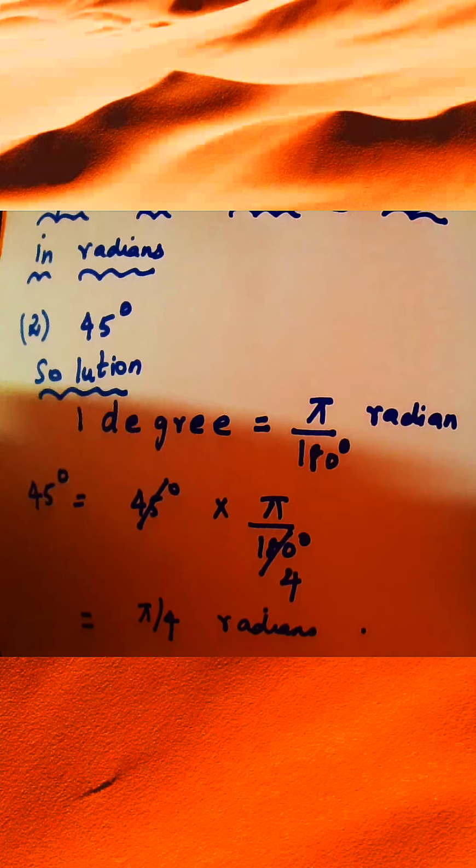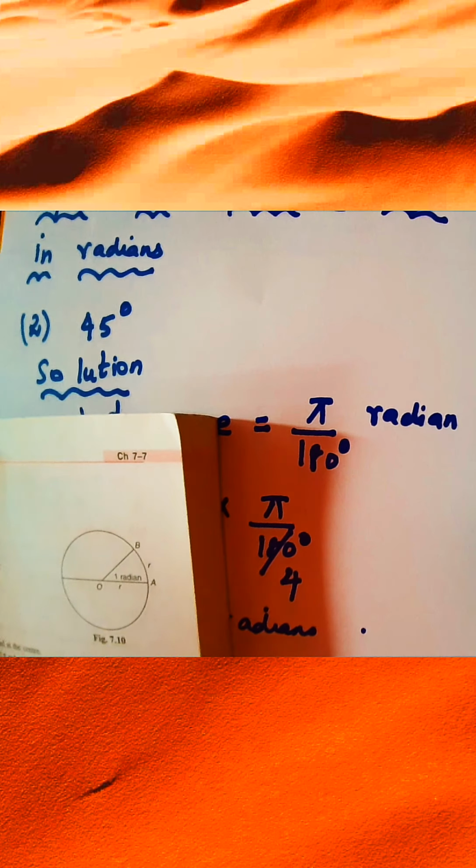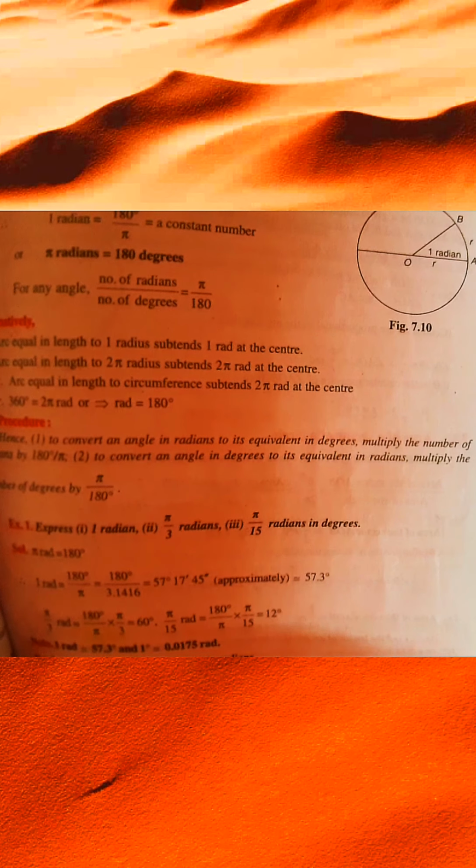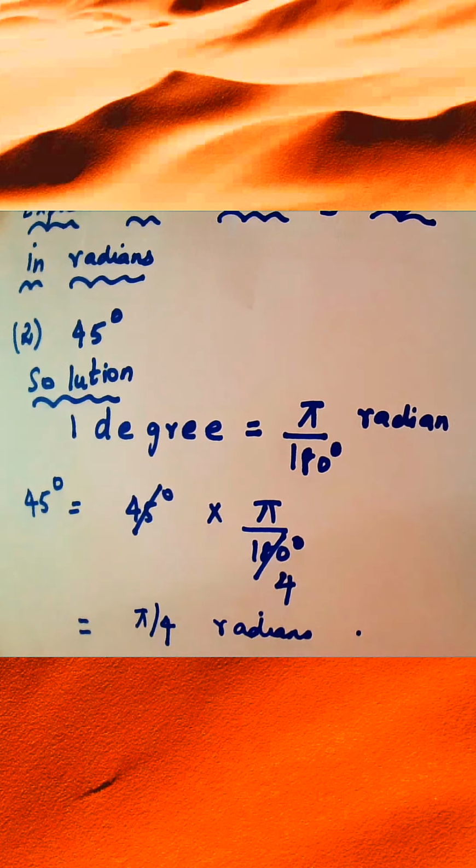So what you can do is take exercise 7A, page number 79. You can do the problem number 2, subdivision 3. And then you can also take page number 7. You can do the example problem 2. Example 2, you can do the problem number 2. There is subdivision 2, subdivision 3. It's very, very simple.